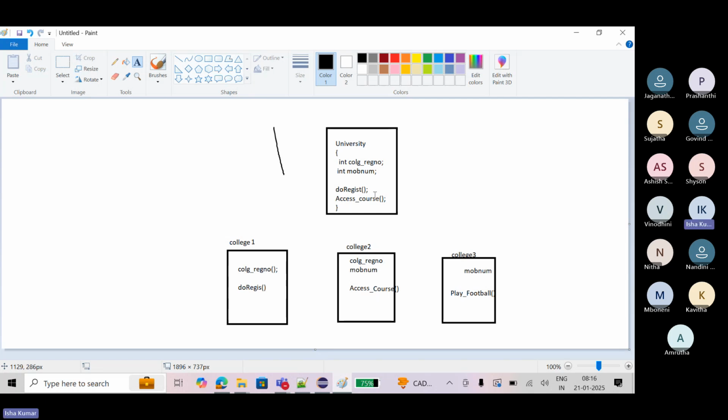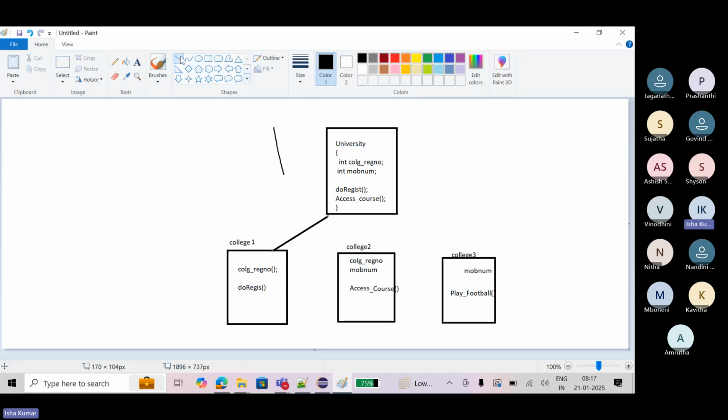Means a child can have a behavior of the father, some default behavior, as well as his own behavior also. True or not? Tell me. Agree. A child can have some common behavior of the father as well as his own extra behavior. Correct or not? Are you people understanding what I mean to say? Yeah, correct. Completely agree. So that's why